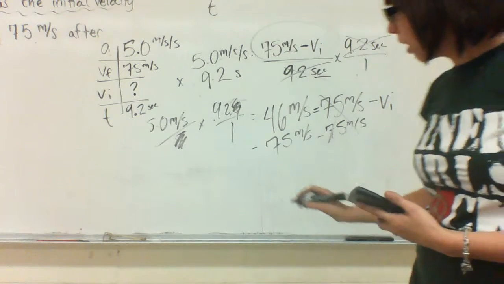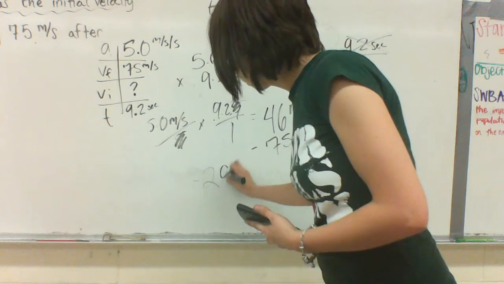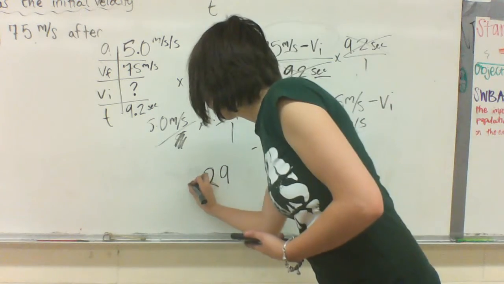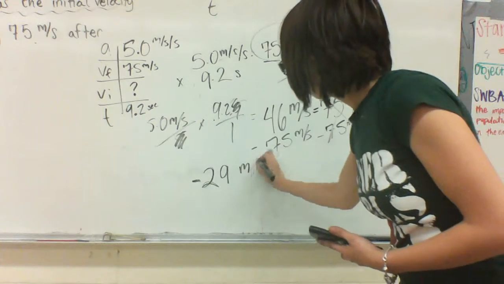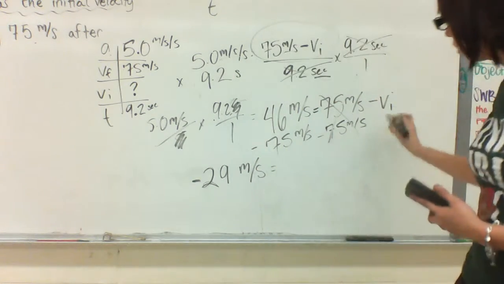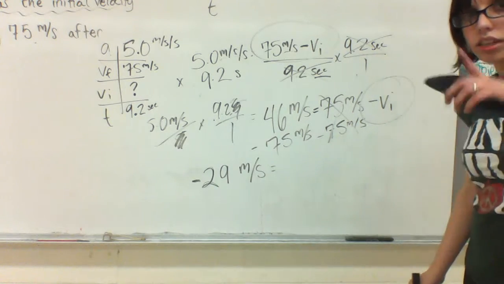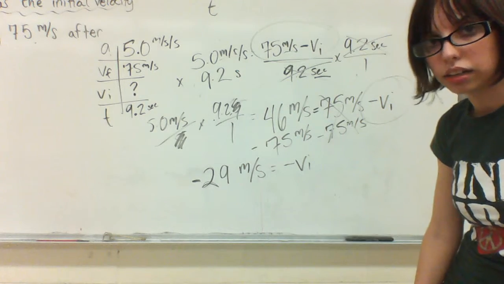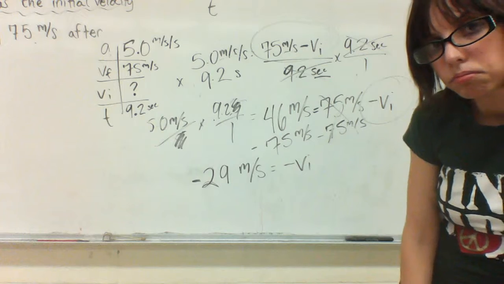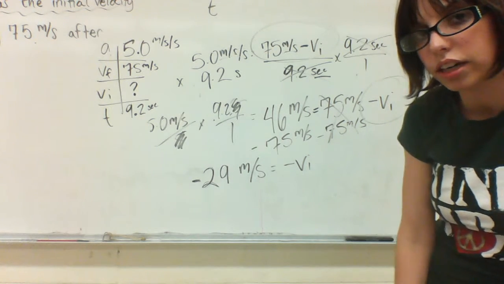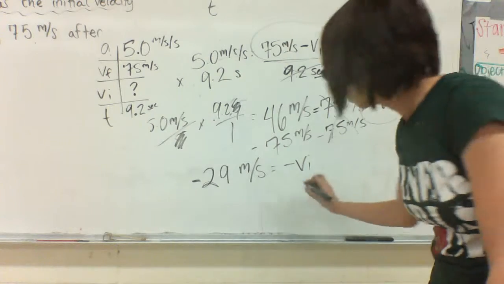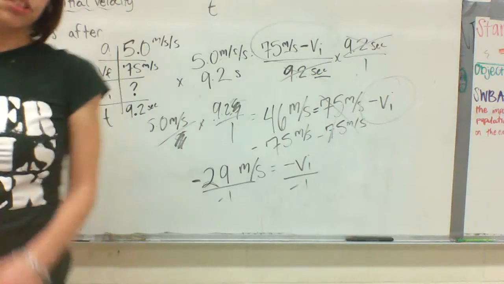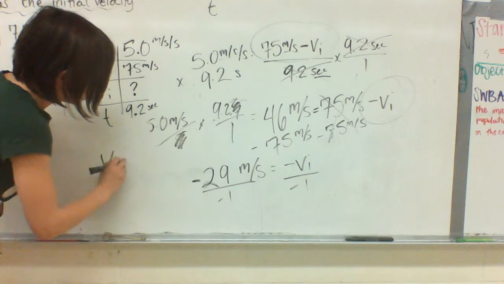Alright, so 46 minus 75 does indeed leave you with a negative number, a negative 29. And you can't see that negative. Negative 29 meters per second equals, now look at what it equals though. It equals negative VI. Well, I want VI, I don't want the opposite of VI. So are you going to get rid of that negative? Basically what you're doing is you're saying negative 1 times VI equals that. So you're going to divide by negative 1, and that leaves you with a VI